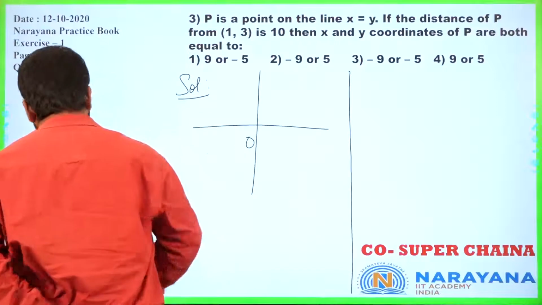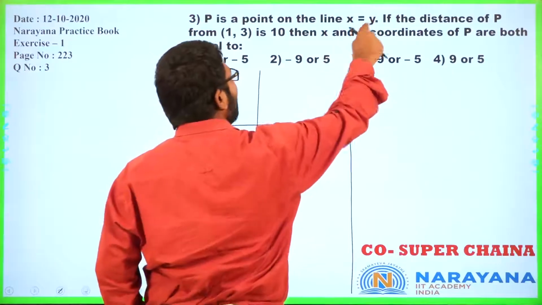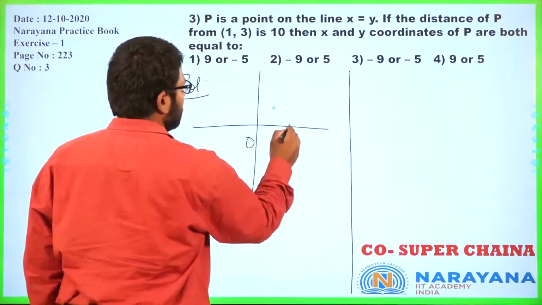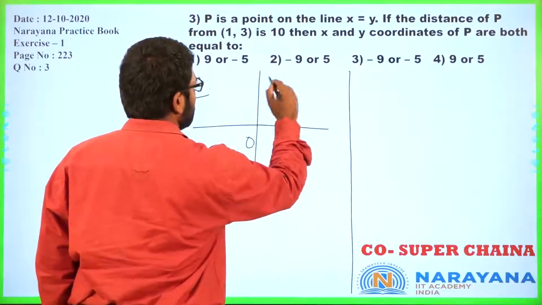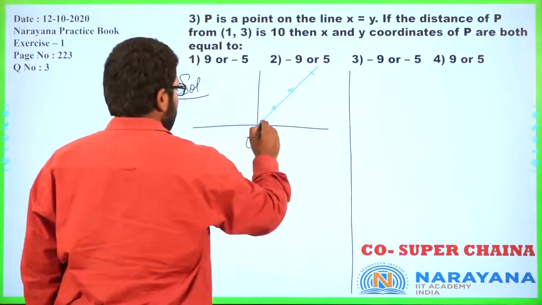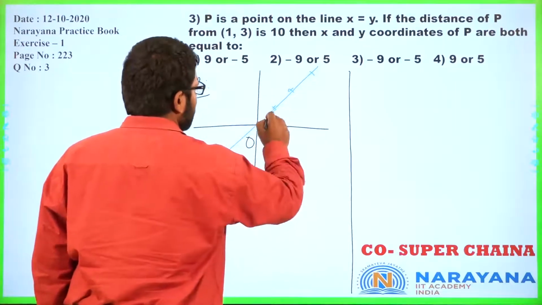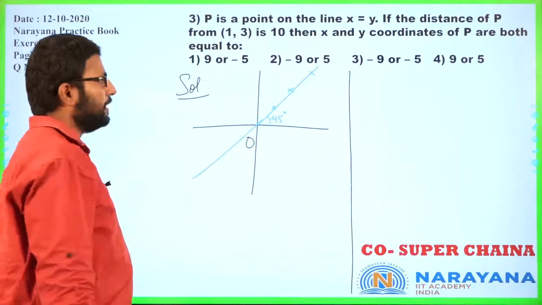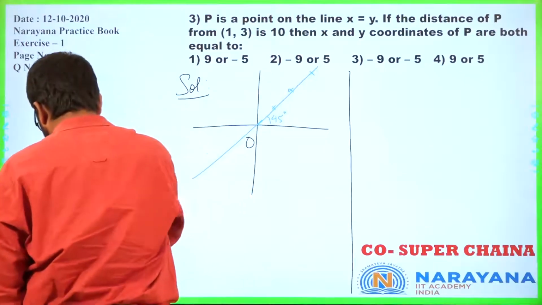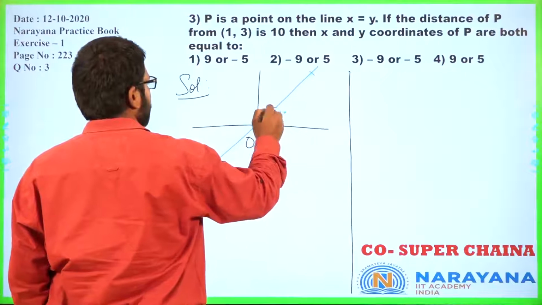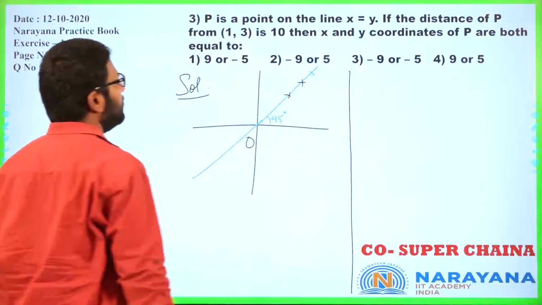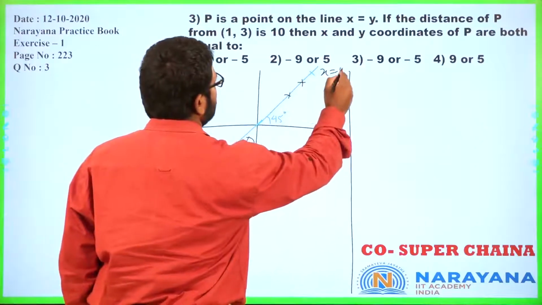x equal to y, keep in mind, will be every single point where x coordinate and y coordinate are same, right? So this is a very important line. X equal to y will look like this, at an angle of 45 degrees from the x axis. Perfectly symmetric. All right, so that is for your understanding. For this question, actually it is not required. All right, so this is the line x equal to y.